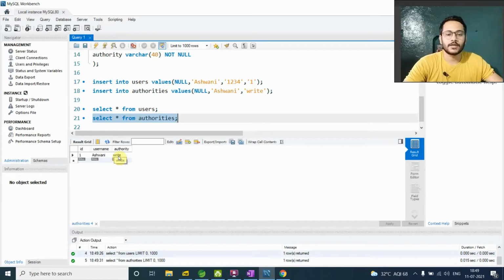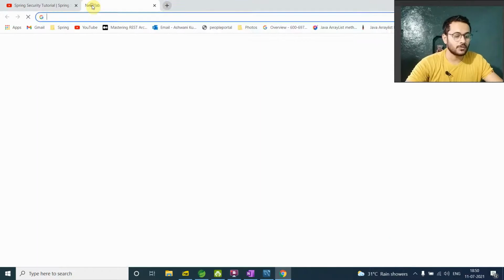Now this database thing is almost clear, right? Now for making my application understand this MySQL database, what I need to do is mention some dependency in my pom.xml, right? Then only my application is capable of understanding this database, and it's capable of making a connection. So the easiest way is just go to the